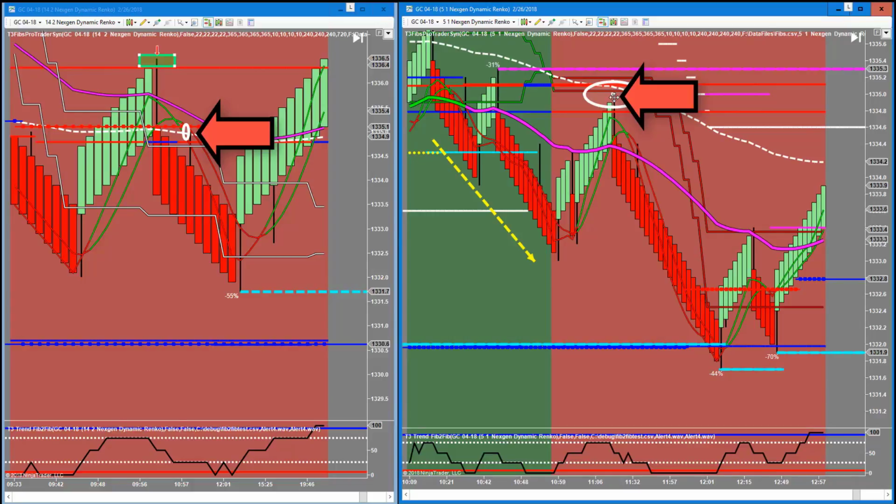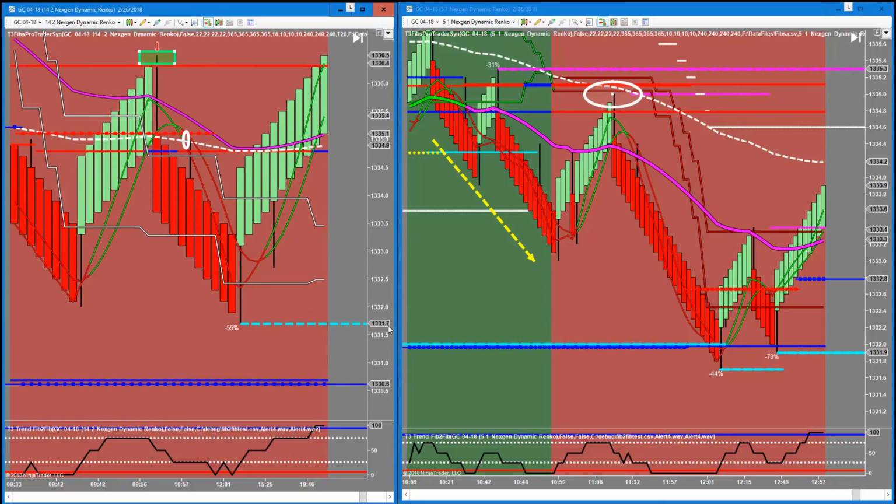Number one, it has plenty of room to get down to the next target. But what you'll see is a combination of two different things on two different charts that are happening at the same time. Number one, on your large chart, you have a prior pivot low. So anytime you reach a prior pivot low